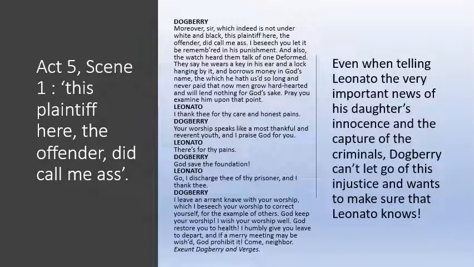Act 5 Scene 1. This plaintiff here, the offender, did call me an ass. Right, he will not let this go, Dogberry. He's one of the most irritating people you can imagine. So even when Leonato is telling the very important news of his daughter's innocence and the capture of the criminals, because remember they think that Hero's dead, Dogberry can't let go of this injustice and wants to make sure that